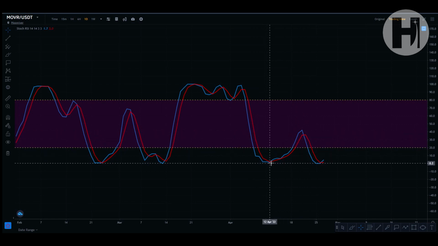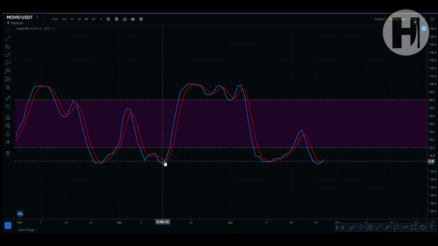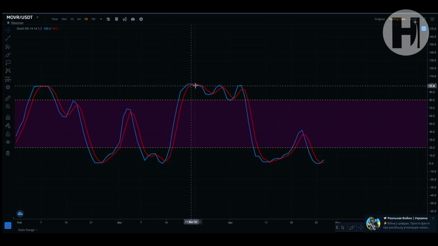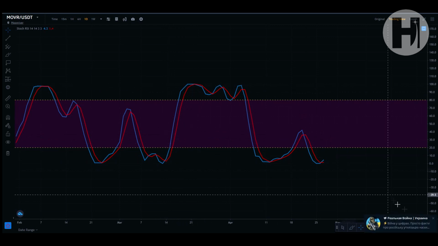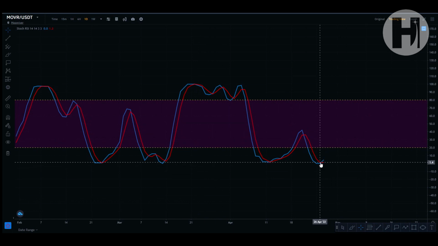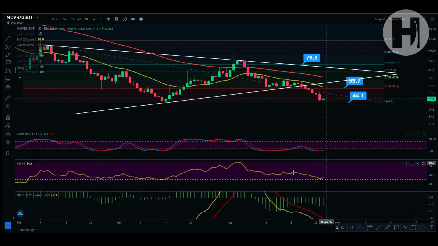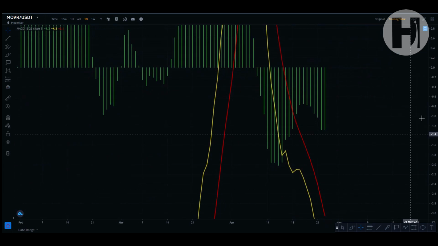It takes some time. For example, here, once you had the bullish cross April 12th, you got the bearish cross April 22nd. Here, you had the bullish cross March 13th, and you got the bearish cross March 22nd. So right now we're getting the bullish cross April 26th. Let's see what happens. I'm just letting you know that this is what I'm expecting.